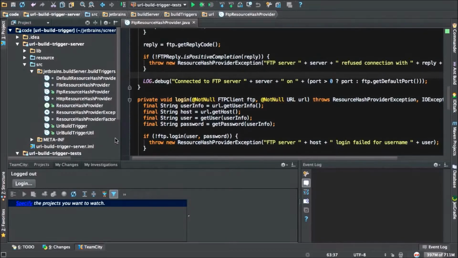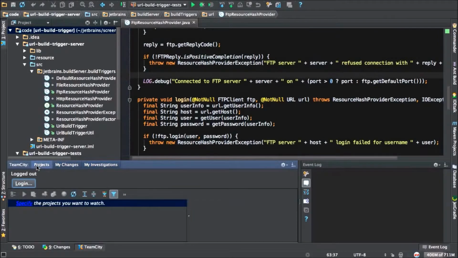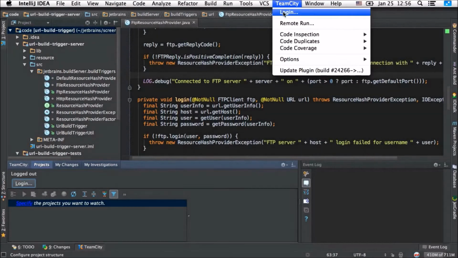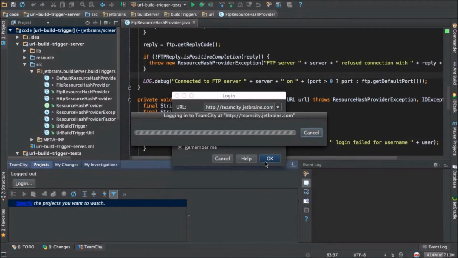At the bottom of our screen, we can see a TeamCity tab, and here I can see the projects, my changes and my investigations. There's a button here that says I'm logged out, so I can log in again. I can also access this from the menu by TeamCity Login. So let's go ahead and log in, where I provide the URL, username and password, hit OK, and now it's